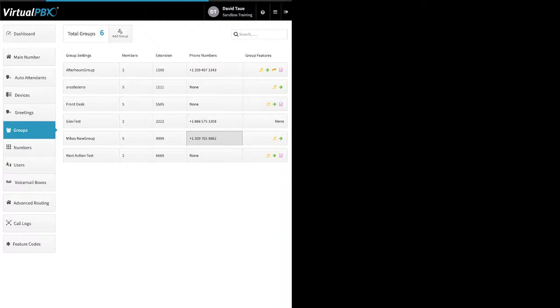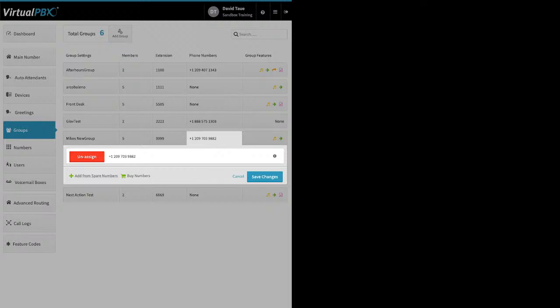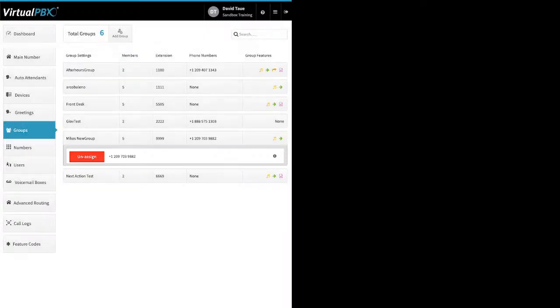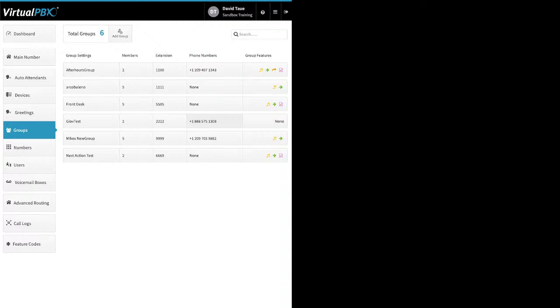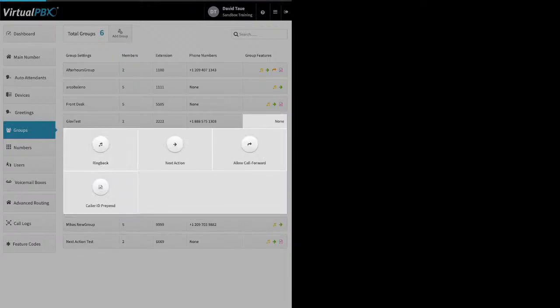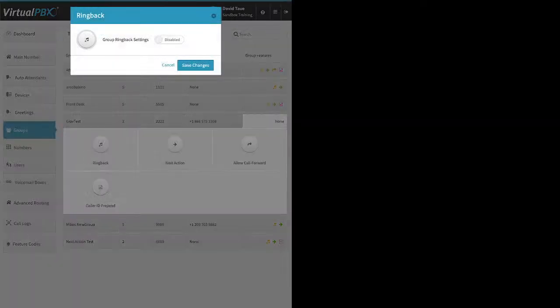And groups can have multiple numbers. You can add from spare, buy new, and then you can have multiple numbers here. You also have the gear icon, so you can update caller ID, E911, etc. Groups have features, or they can have features. Ringback. So if you turn this on,